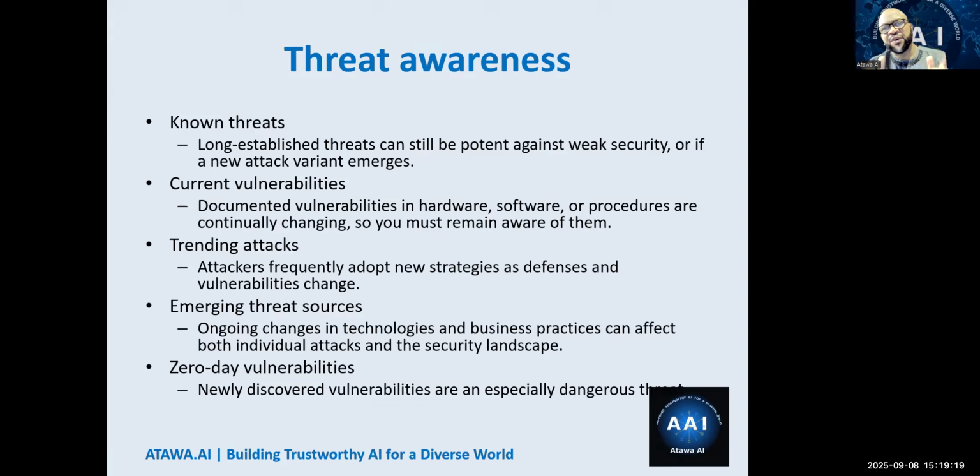0-day just means a vulnerability, an attack that we don't have any anti-malware for, right? Because we've not discovered it. We discover it the day that it hits the market. That's why it's called 0-day as opposed to day one or something, right? Many times you hear in the news about that, right?